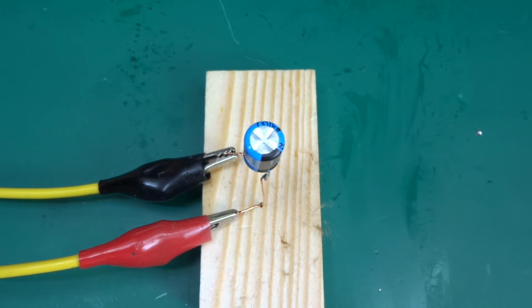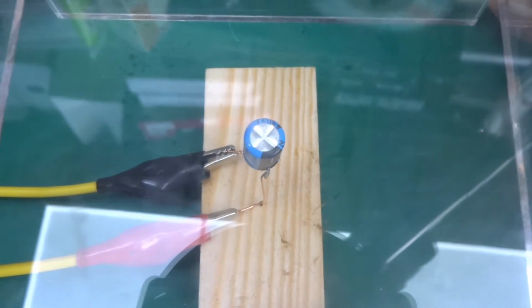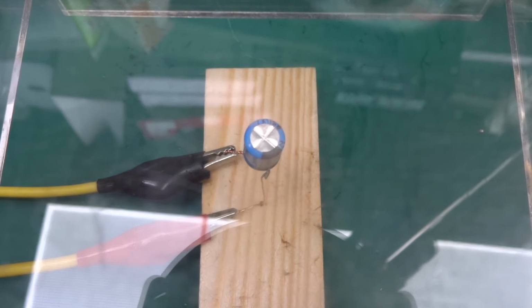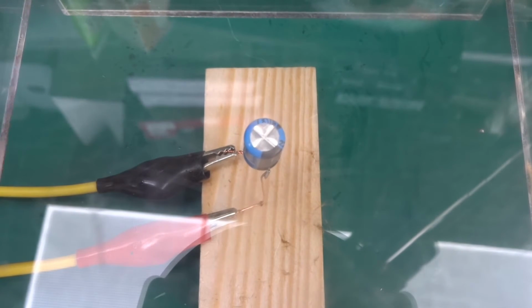Again, let's just clean the last chamber. There we go. Lilon, 220 microfarad, 25 volts. Backwards. Power on. And